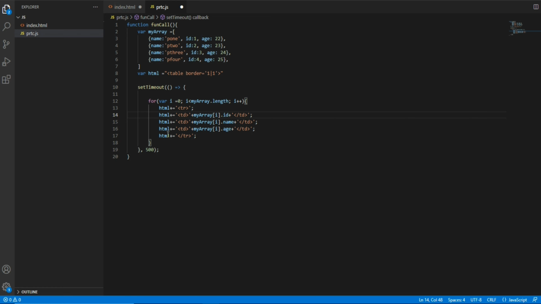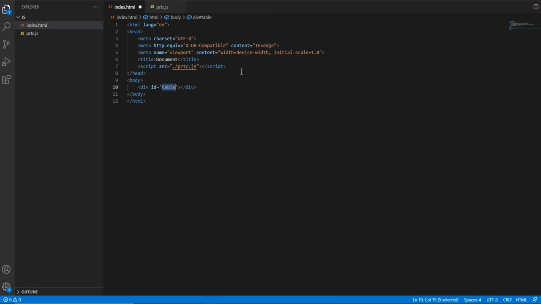The whole thing will be repeated, and there will be a table row with TDs inside the table row.